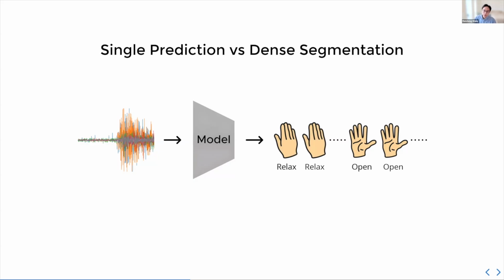But there's one more challenge when we do this in the dense segmentation approach, which is that EMG is very non-stationary. So as I showed you earlier, it can change drastically. And it really responds to change in the underlying intent, right? So it's not like your typical time series, such as weather data or electricity usage data, which are more periodic. So EMG is really non-stationary. And if you open your hand, it reflects on the EMG. And we never know when the person has opened or closed their hands.